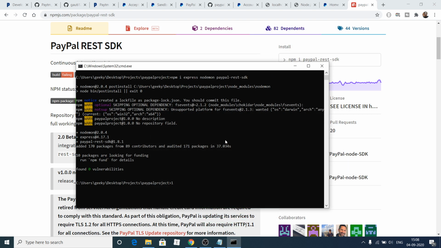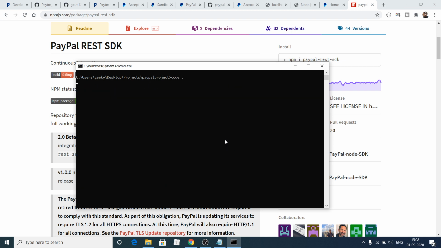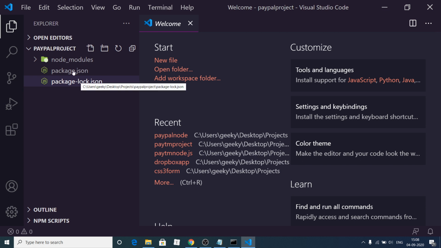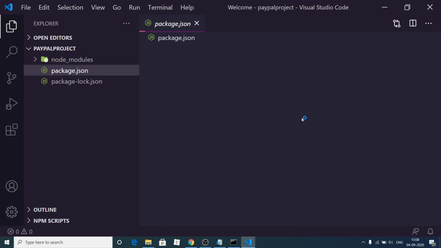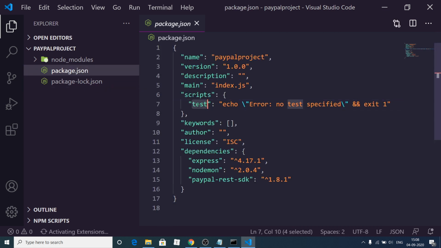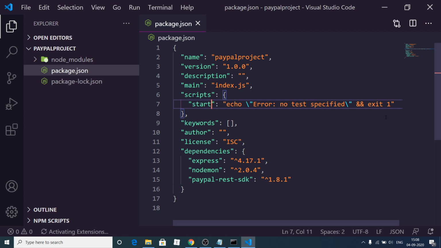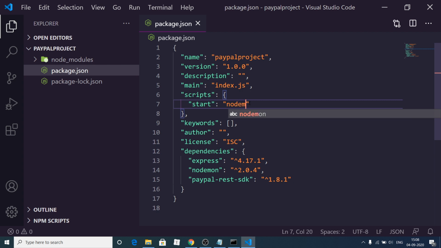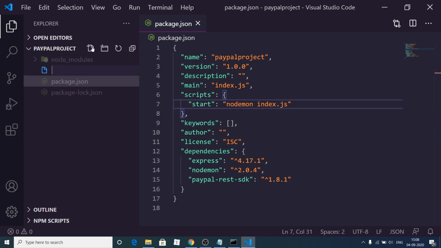Now you can see that guys, the dependencies are installed. So we can clear the screen and open this inside our Visual Studio Code text editor. So the very first thing that we will do is that we will go to the package.json file. This is a package.json file, and you need to initialize a start script. So basically there is a start script, and this value you need to change it to nodemon index.js. So index.js will be the starting point. So create this file in the root of your folder,